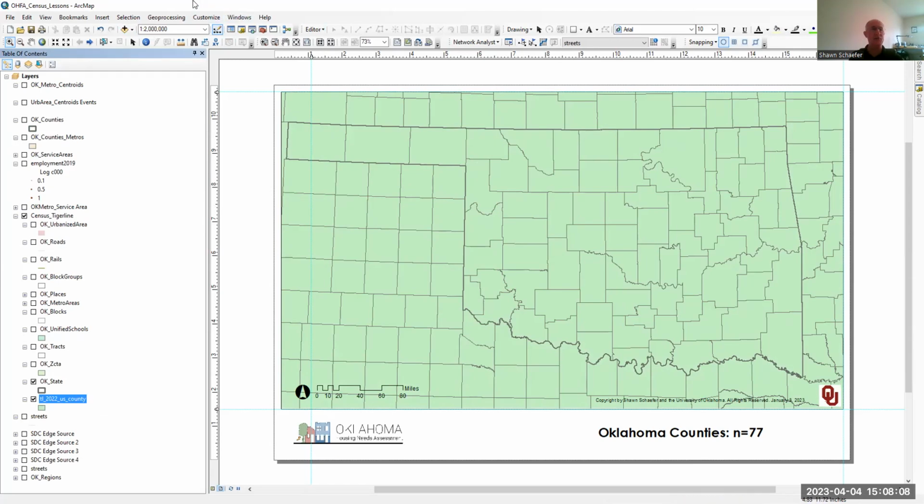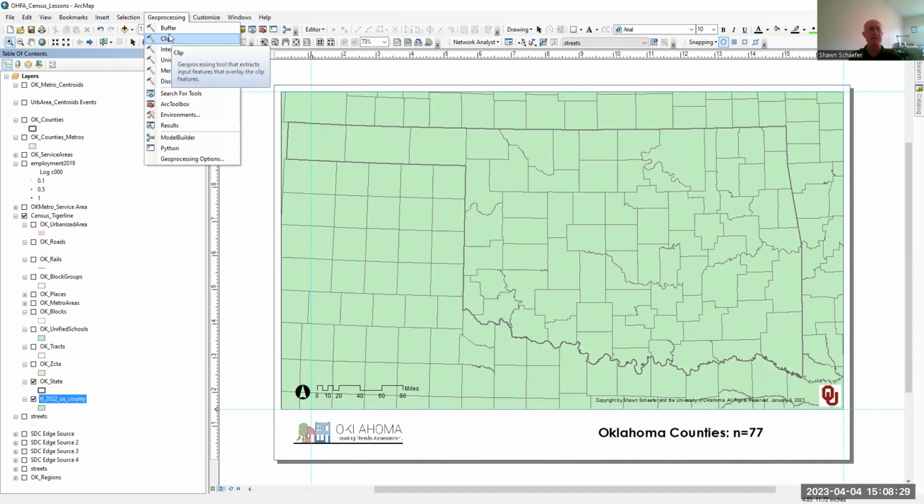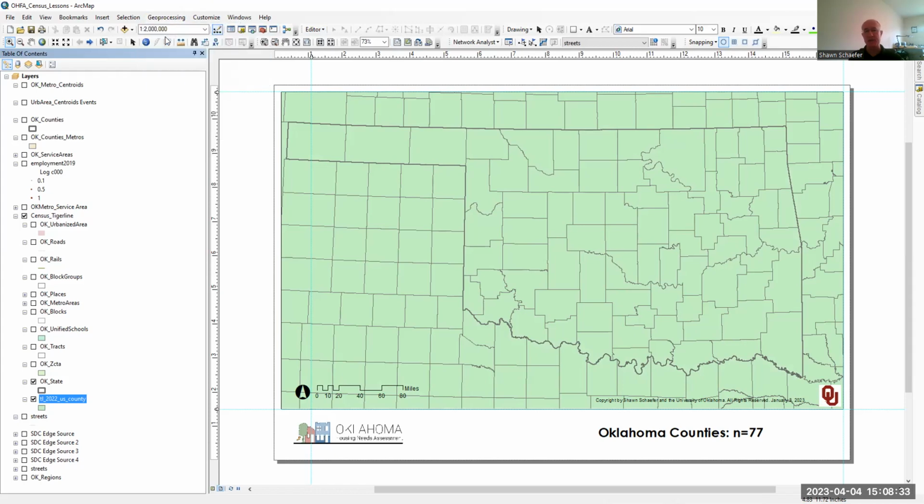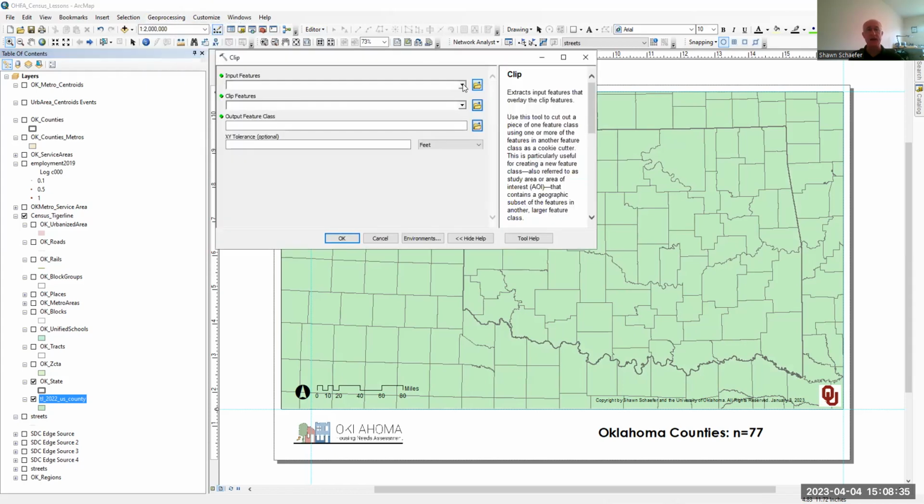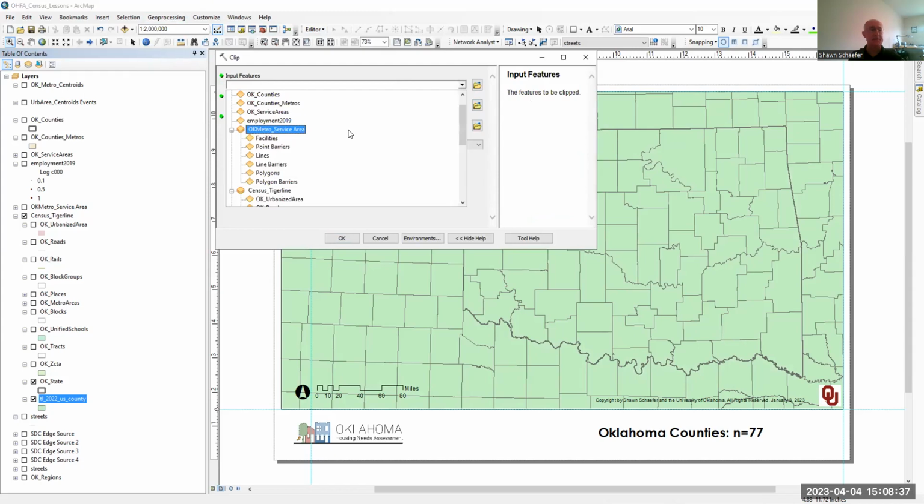geoprocessing. And geoprocessing is something, it's a new topic. We haven't done that, and it's a very complicated topic, and I will be adding some lessons on that coming up. But for our purposes here, we're just going to go up to geoprocessing, and there are several of the very most common geoprocessing tasks up here. And so I'm going to say, hey, we want to clip this. We want to take the